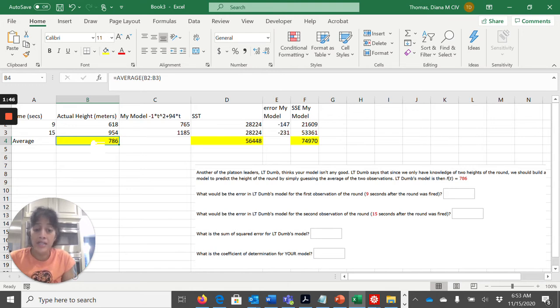So you can tell when a statistician wrote this because they think of the null model as being a model. And sometimes the WebAssign problems have been written so that SST, or the null model, is not considered as a model. It's something about your data. It is about your data, but the average is a model. And so they ask what the error in Lieutenant Dumb's model is in the first observation. What that is,